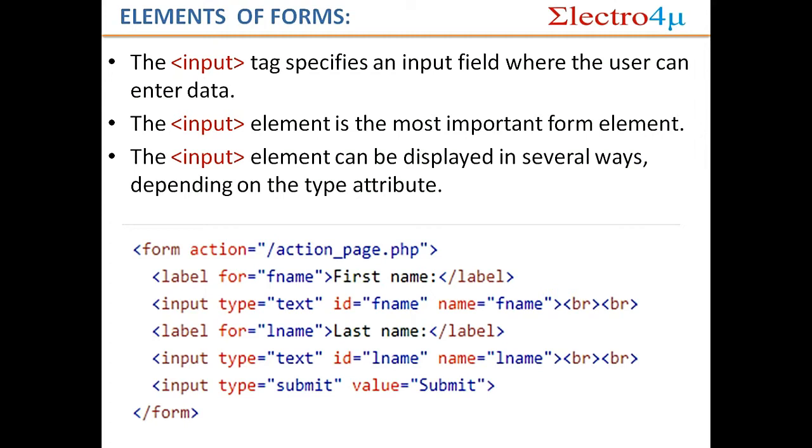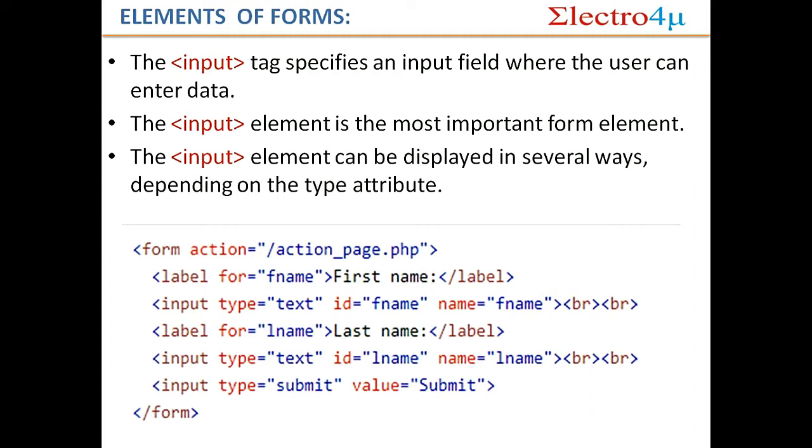And after that, label. Label is the same as input, but it is not regularly used. Most users do not use label, they use input. So last lecture I did not tell you what is label. Label is a normal form-based tag in HTML that is used to make a form, and this form label is also used to make a registration page, login page. It is also simple, but when you make a future website, that time label does not work properly. That time you use input. That's why I did not tell about label.